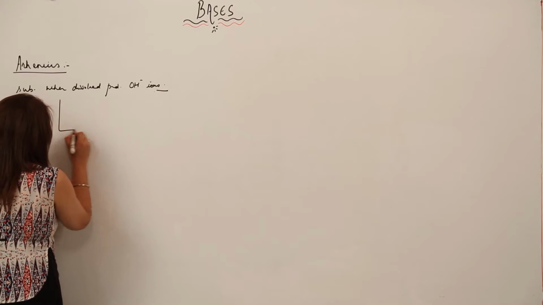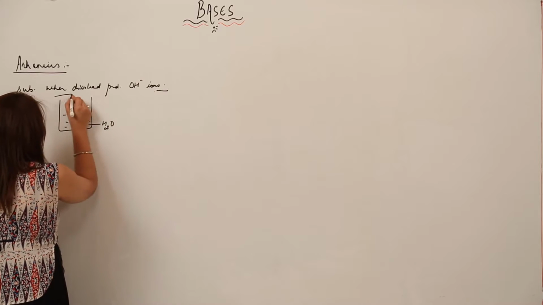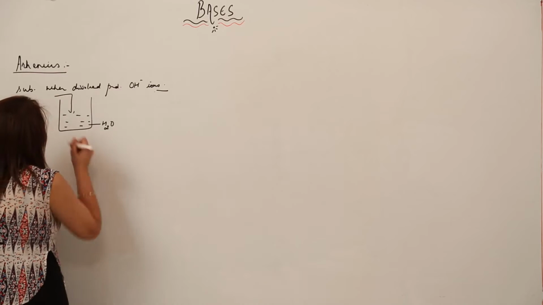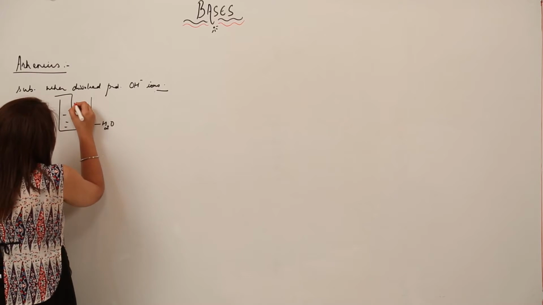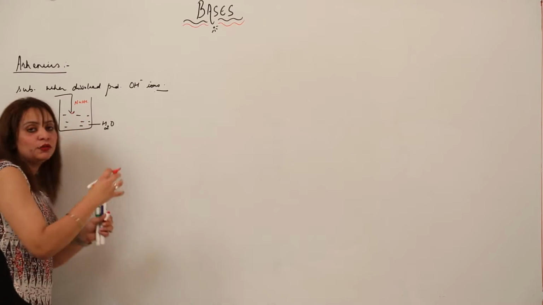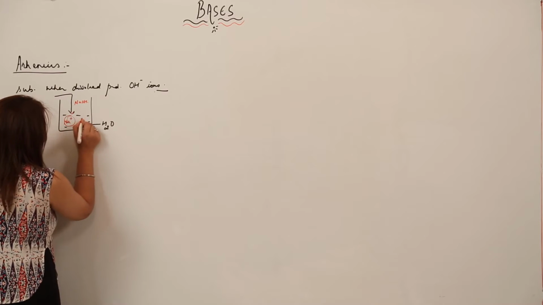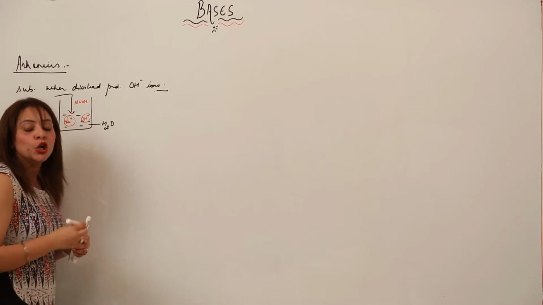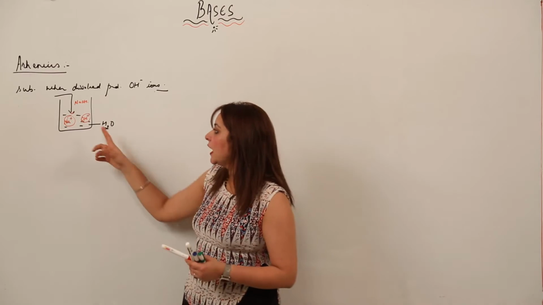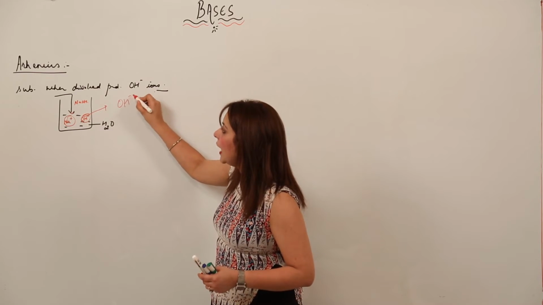Suppose I have a beaker in which I have water. What I am doing is adding a certain substance to water. Suppose I am adding sodium hydroxide to water. When we dissolve sodium hydroxide in water, what happens? It gets dissociated to form Na positive and OH negative. So, what does Arrhenius say actually? He says that any substance which, when dissolved in water, produces these hydroxide ions